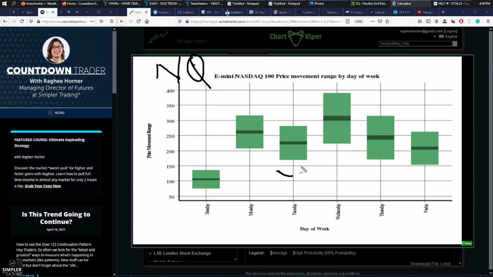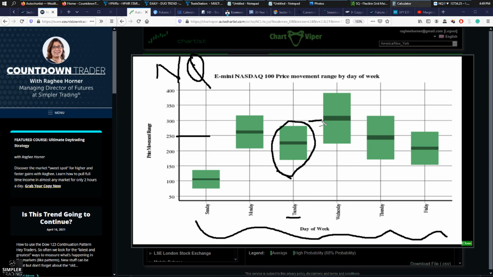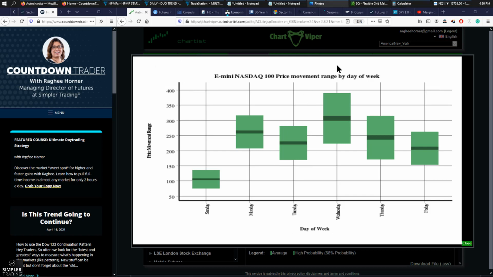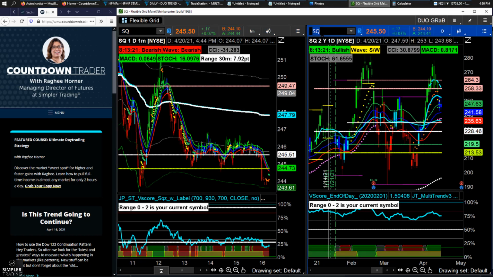Well, on a Tuesday, you can see it's actually one of the lower and more narrow ranges. But on average, throughout the entire week, let's call it 250 to 300 on average, with the upper end being almost 400. So we'll keep the numbers round and whole. 250 to 300 normal, 400. Now, this is not directional. This is just the high to low range. It doesn't matter if the market sold off all day, just what was the high to low range in the number of points, okay?